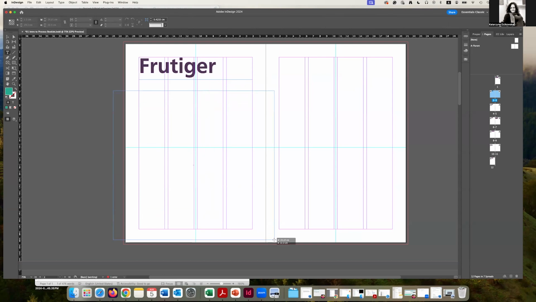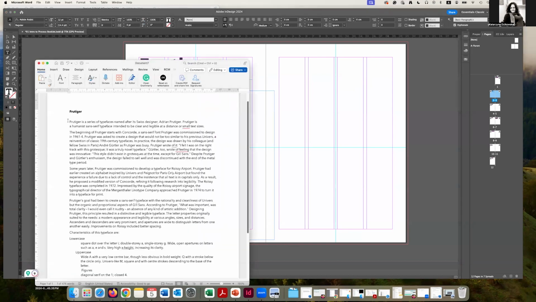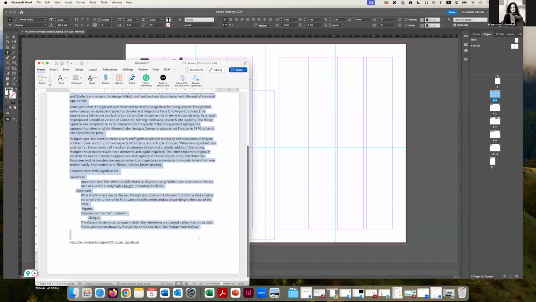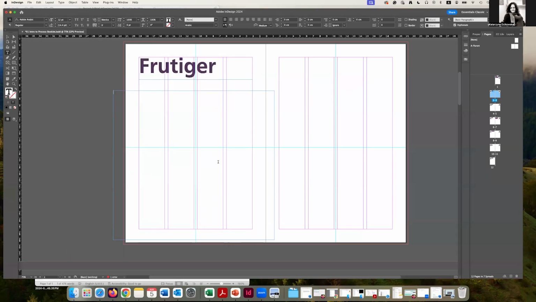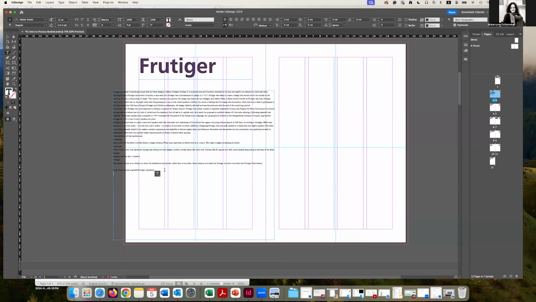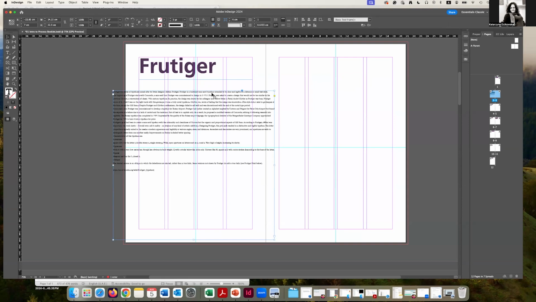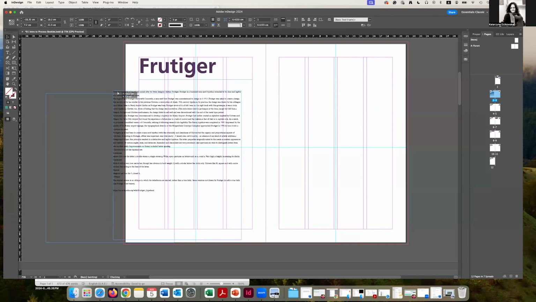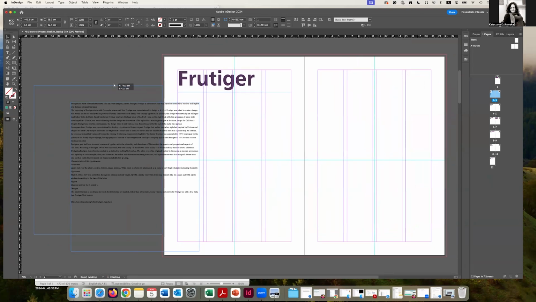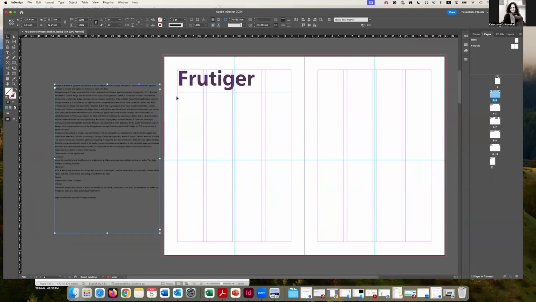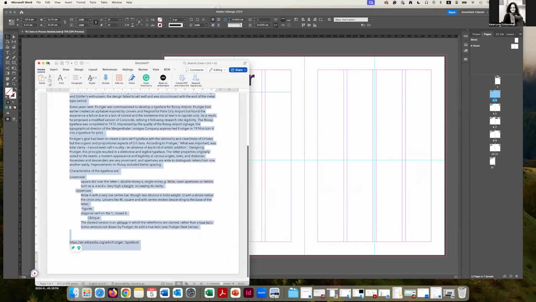I'm also going to drop in another text box and pull in all of the information that I found about the font into that text box. Now, I might not use this text straight away everywhere. The next thing I'm going to do